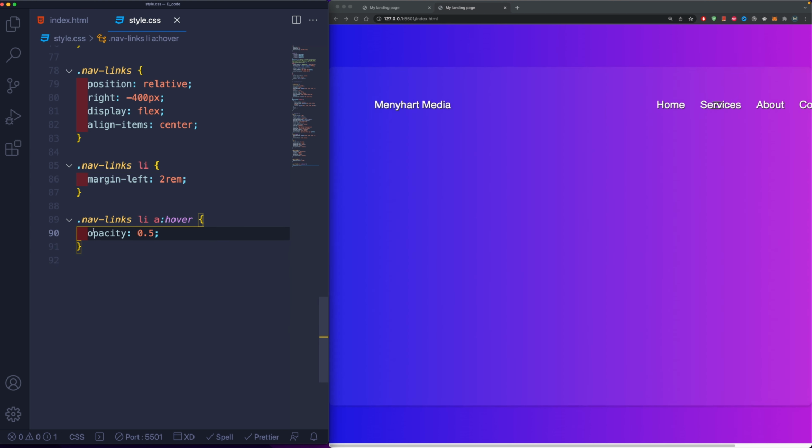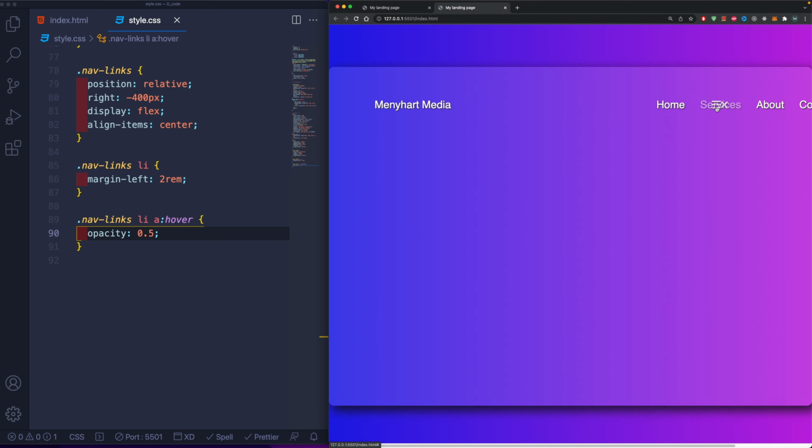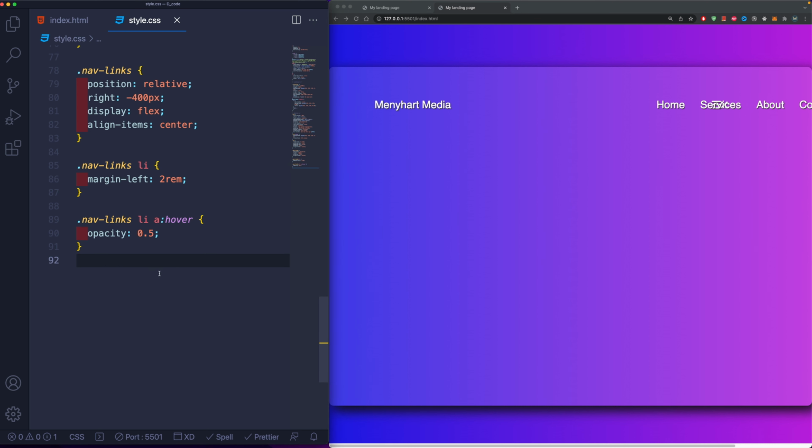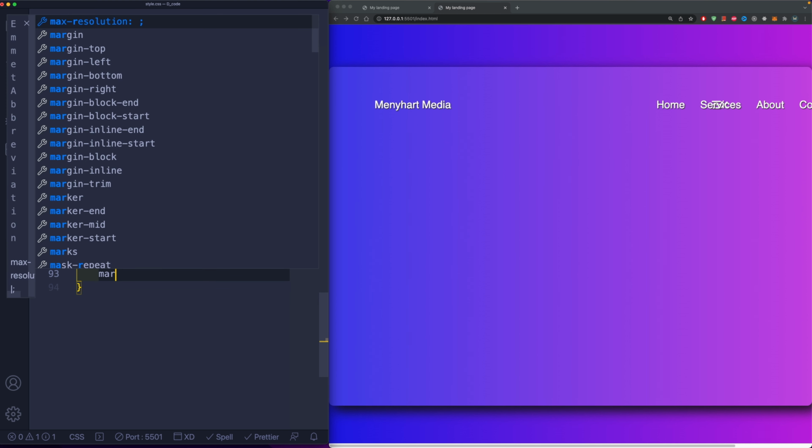This is a pretty neat trick. If you hover over a navigation item, you're going to have this nice effect. Now for the buttons, you can actually see the buttons right now, but I'm going to add a margin, so the class, but only within the navigation. So nav, let's state that only within the navigation links, the class of btn should have a margin left